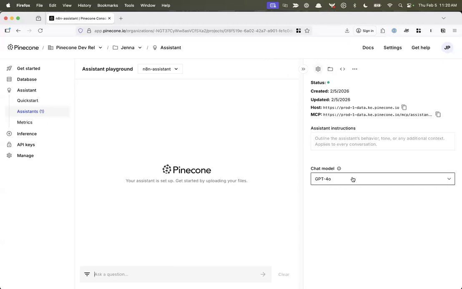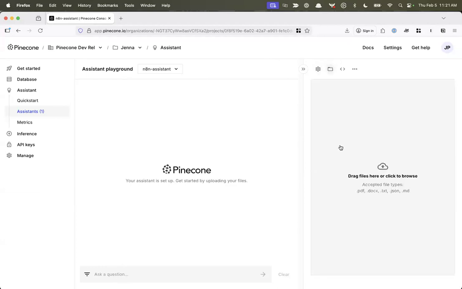On the right-hand side here, we just have some status information. If we were using this assistant in the console, we would add some instructions. This is like your system prompt. We would set the model that we're going to use for chatting. And then we could use the lower text box down here to actually chat with files that we've uploaded.